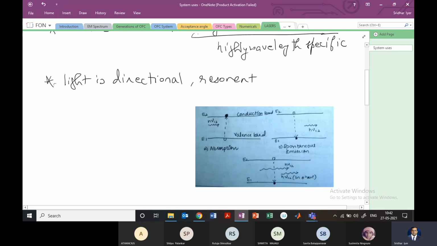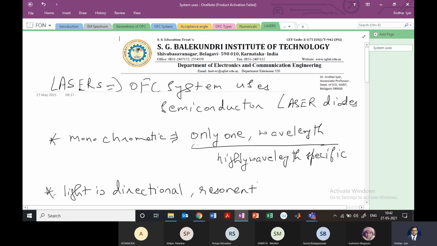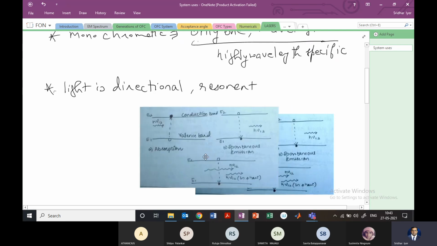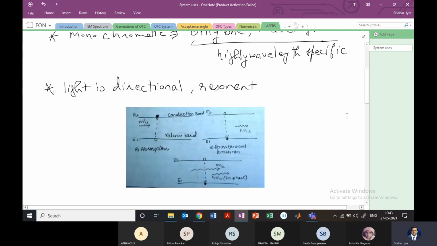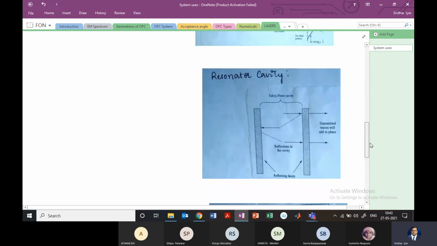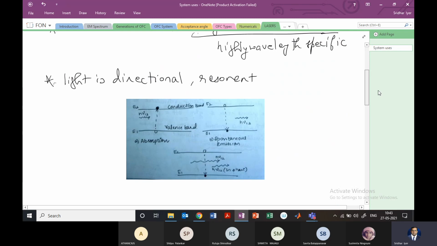Resonant means it will have the same angle and everything. We'll discuss that, right? So we have already discussed the operation through which the laser is going to function. But just to recap, I have put all this in the notes, and I've just taken the various diagrams so that I can explain it much better in the lecture. You'll find the same diagram. So if I scroll down, I've already put the diagrams on this digital notepad. So I'll be explaining all these diagrams one by one.